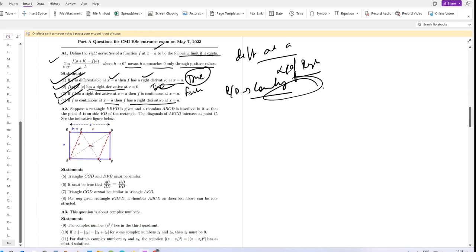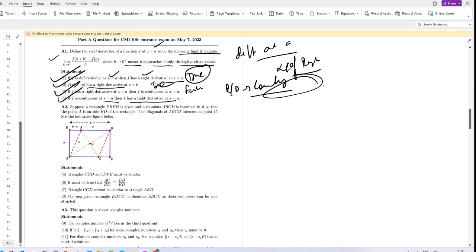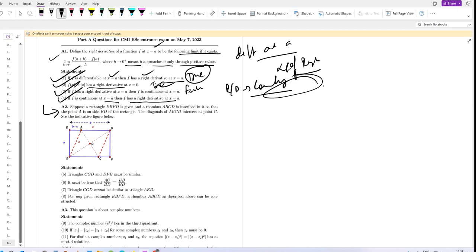Students, today we are solving the CMI 2023 question paper, and we are in question number 2. Suppose this is given, and a rhombus, EF, and a triangle we see. So what can we say about the different types of triangles over here? The first statement,